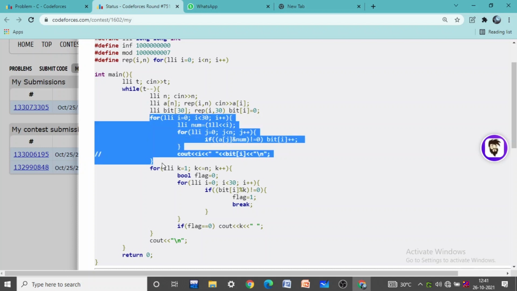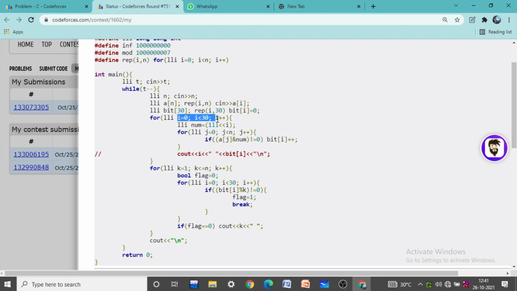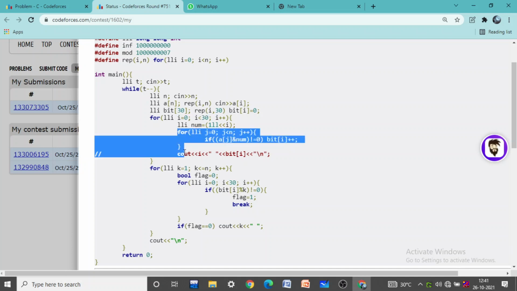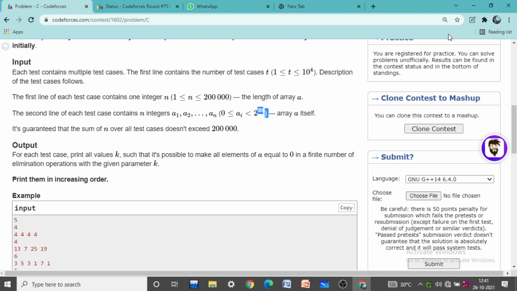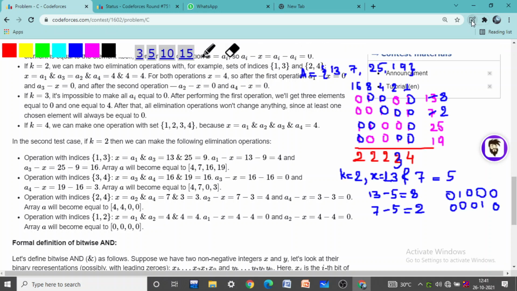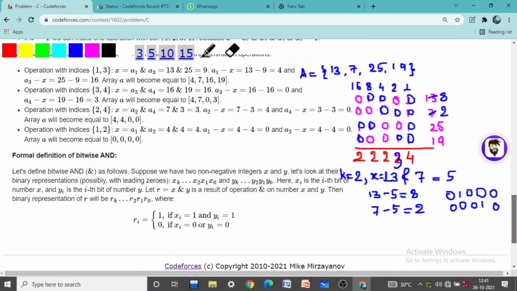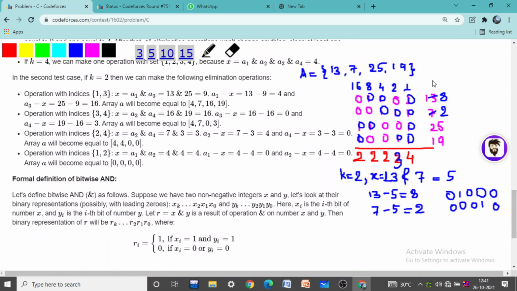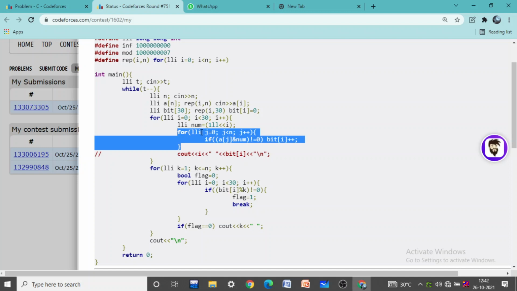And for each column we are counting the number of set bits in each of the array elements. Suppose I equals 0, that is this column. When I is equal to 0, the value here is 2 to the power 0, which is 1, and we are counting the number of set bits for each of the elements of the array in that column only.